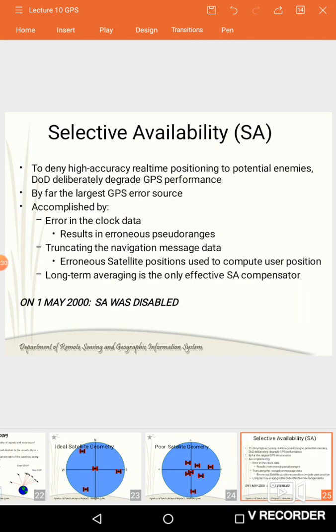And next we have errors in the satellite position. In this we have clock error. This is only one way ranging. Ultimately this depends on the satellite clock. And second one is ephemeris errors. This will happen when the global navigation satellite system message does not transmit the correct satellite location. This will affect the satellite position.